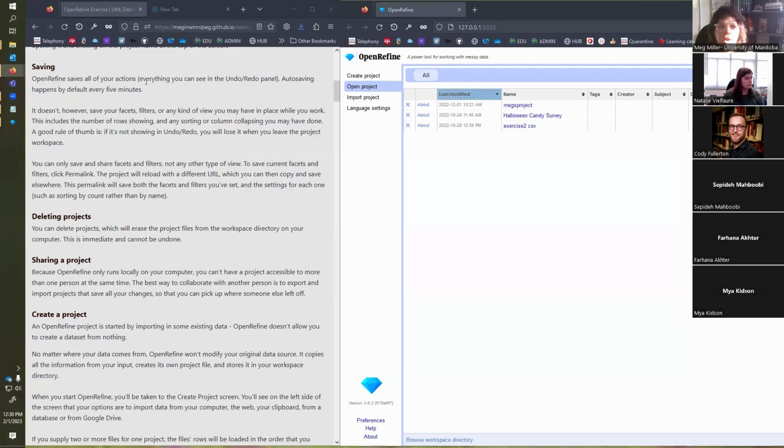OpenRefine saves all of your actions, and actions are everything that you can see in the undo and redo panel. Auto-saving happens by default every 5 minutes. It doesn't, however, save your facets, filters, or any type of view you might have in place while you work. This includes the number of rows showing and any sorting or column collapsing you may have done. A good rule of thumb is if it's not showing in the undo redo, you will lose it when